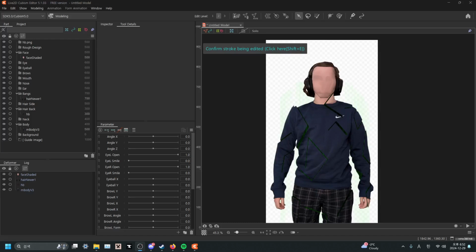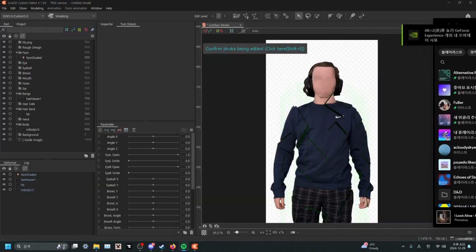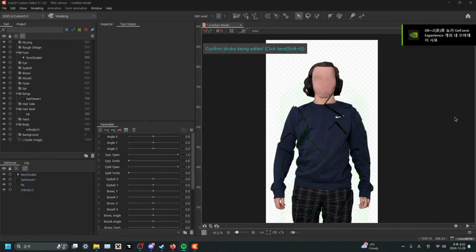The next thing I did after that is I imported all of the pictures I had to my copy of Live2D Cubism. I tried to pirate the pro version, but I got confused for a while and I just decided I'd use the free version because I didn't realize the free version did have a lot of the features. So anyway,